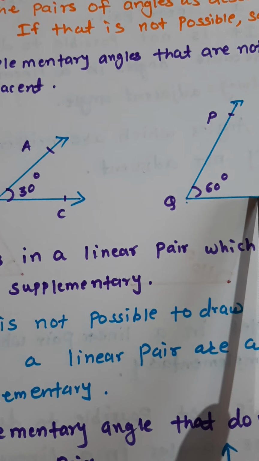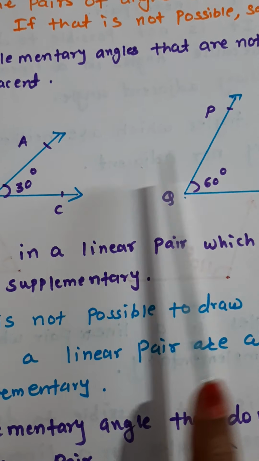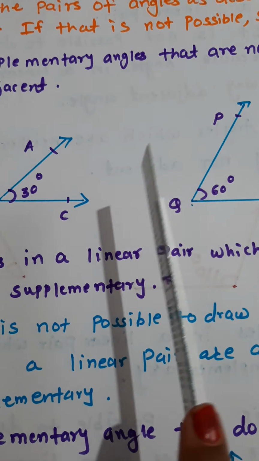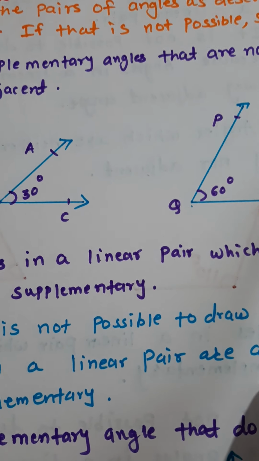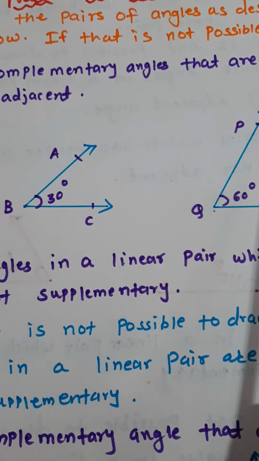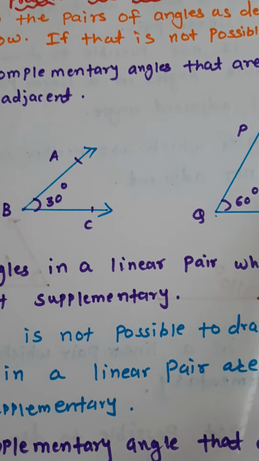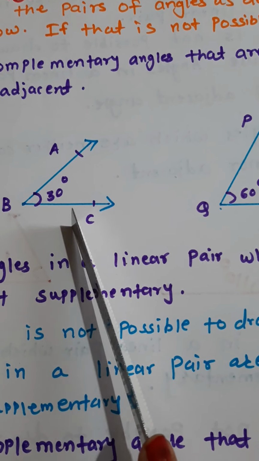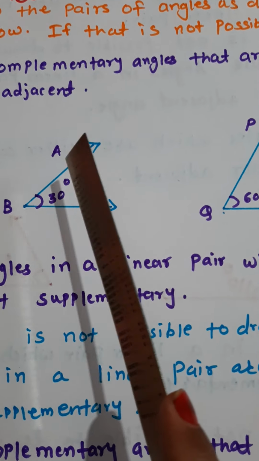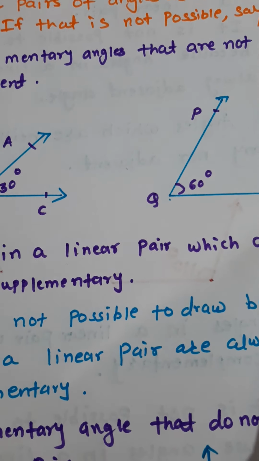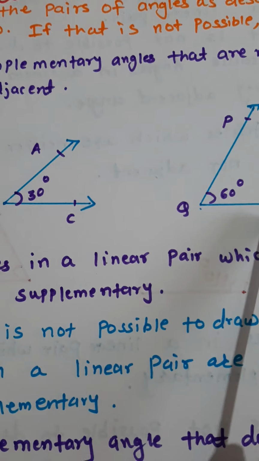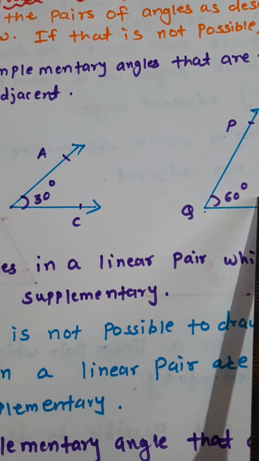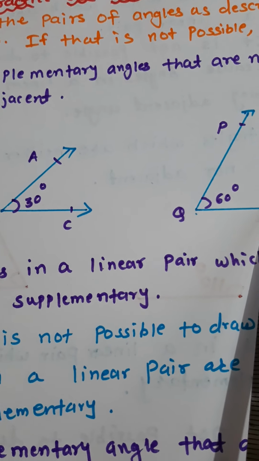You can draw complementary angles on your own. You take different measures. Only remember their addition should be 90 degrees. You can draw 40, 50, 70, 20 as you wish. Okay, first question understood? Angles which are not adjacent but are complementary. So here I have drawn two angles, one of 30 degrees and one of 60 degrees, so angle ABC and angle PQR are complementary angles. You can draw your own and give names on your own. No problem, you will get the correct answer.